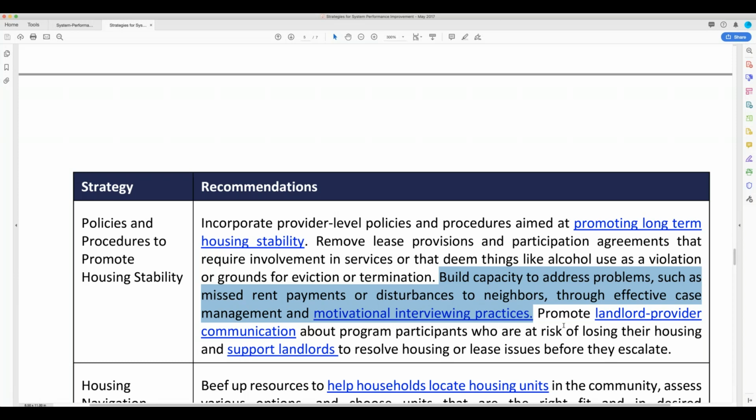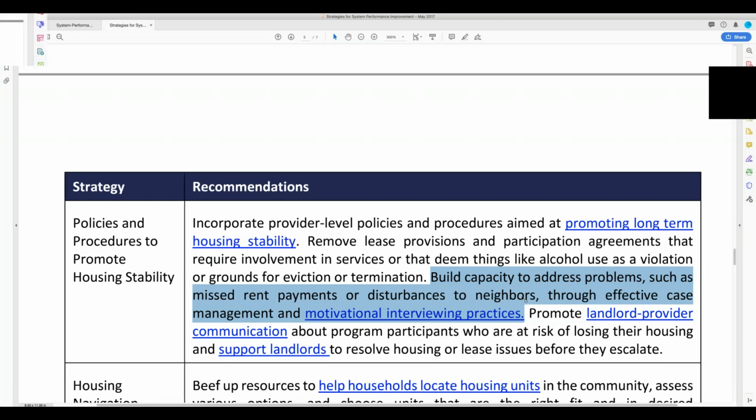But it took months just to contact the client because the client wouldn't return their calls. They would show up and the client wouldn't be there. The client got into an altercation with a neighbor. I mean, these are all types of things that, if we have a policy that the difficult client is going to need to be terminated from the voucher, that person's going to become homeless again, right?